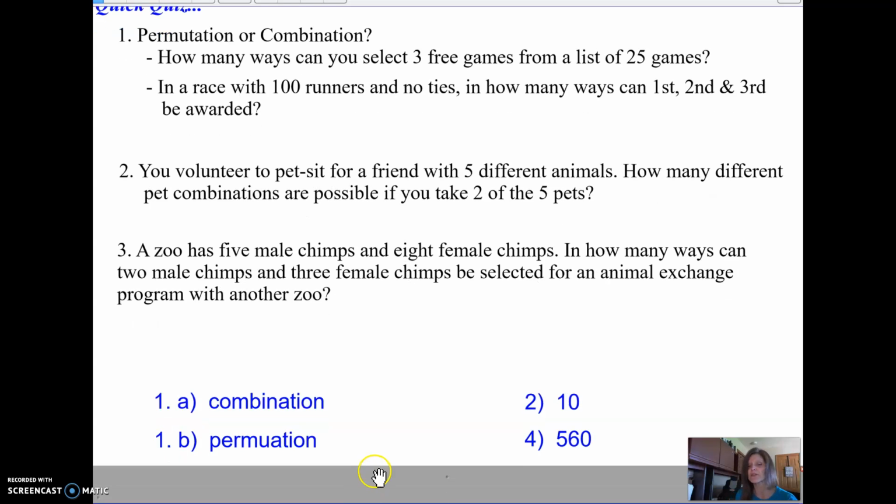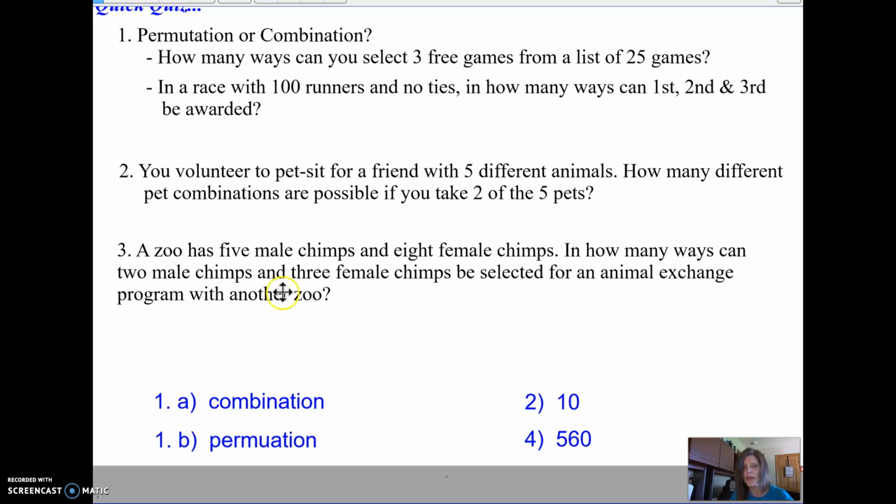Now I've already given you the answers here for the next ones, and that should be a 3 and not a 4. So excuse my typo. Number 2, it says you volunteer to pet sit for a friend with 5 different animals. How many different pet combinations are possible if you take 2 of the 5? Well, it doesn't matter if we take the cat and the lizard or the lizard and the cat, it's the same 2 animals. So this one really is a combination. So we're going to get a relatively small number. You should end up with the combination of 5 things taken 2 at a time